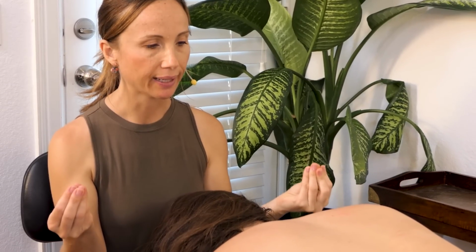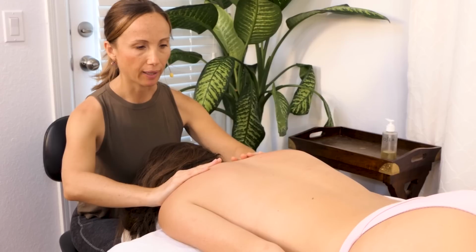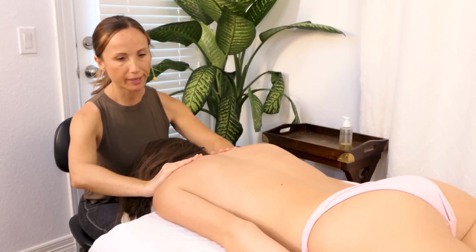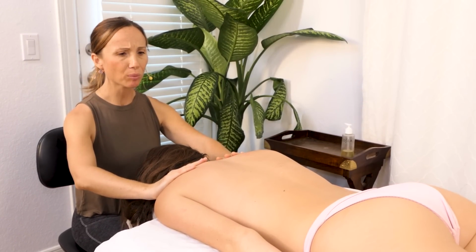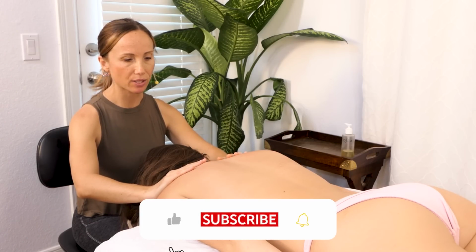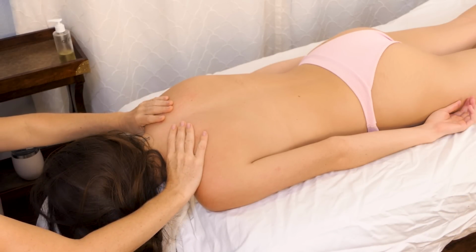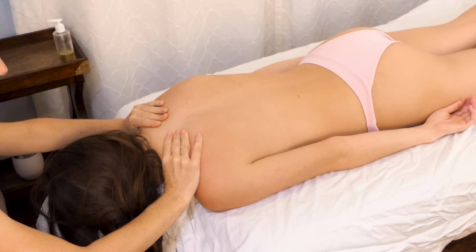Just a cool technique before I introduce any oil. It's called a pincer grasp, and it's just a really nice way to get things moving in the shoulder area. Before I actually apply any pressure, I go in pretty slowly, especially if I'm working on someone for the first time. So I like to kind of ease my way into